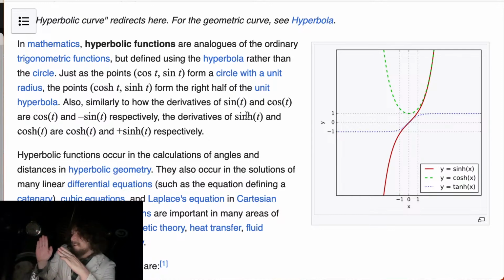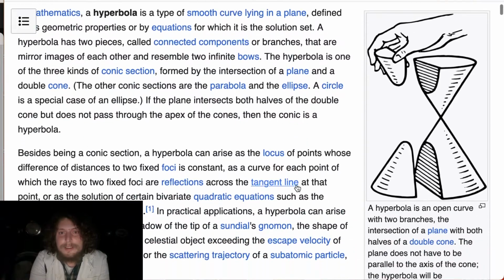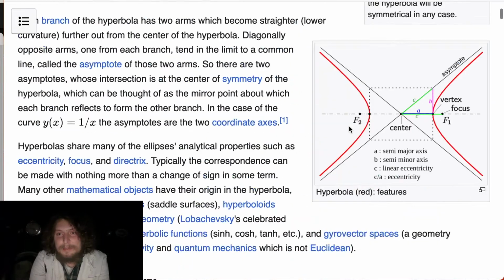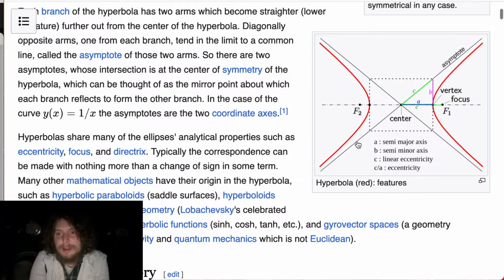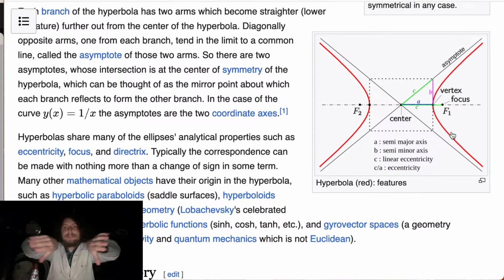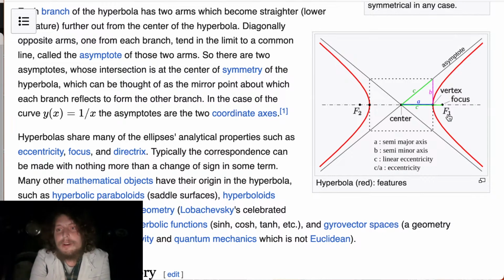But the circle is what you build the typical trig functions around, and you can also build them around a different type of shape, the hyperbola. Hyperbolas are more like this, where you have arcs stretching on opposite sides of each other, and if you go far enough, you get toward this asymptote. And what we're going to see here, if you did look at why the numbers are making these shapes, is you're looking at kind of triangles formed within the hyperbolas as opposed to circles. Now,